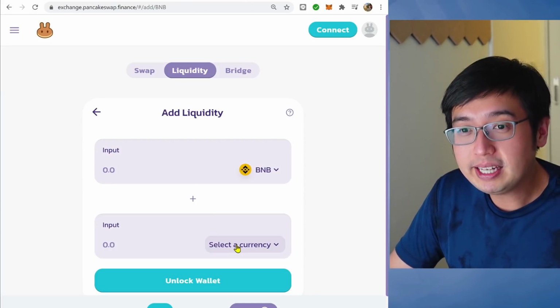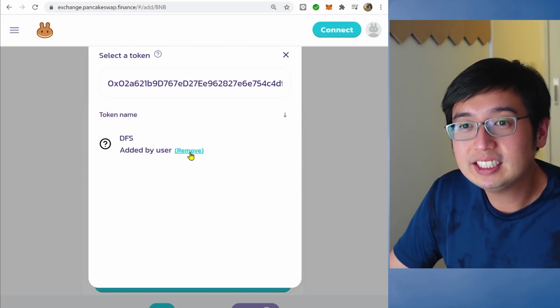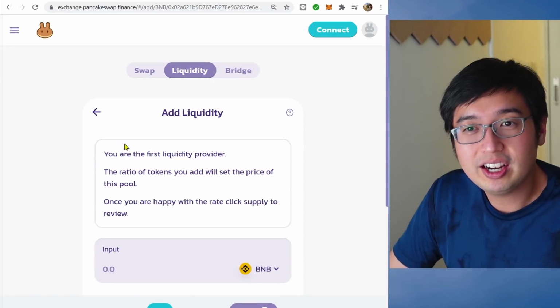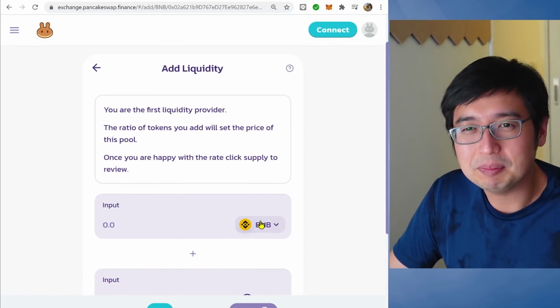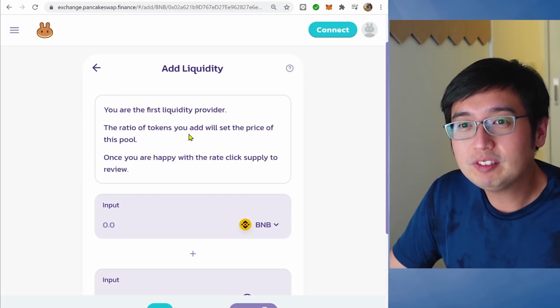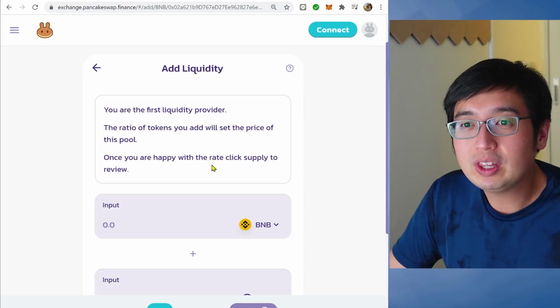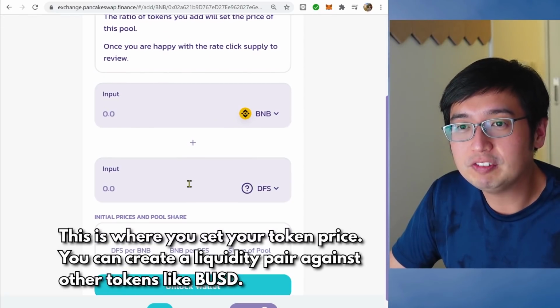Next, I go back to PancakeSwap, select a currency, paste in my contract address, and select DFS. It says you are the first liquidity provider. The ratio of tokens you add will set the price of this pool. Once you are happy with the rate, click supply to review.